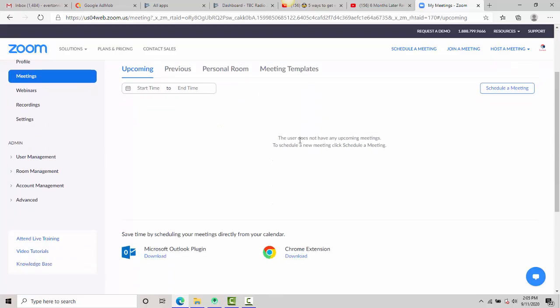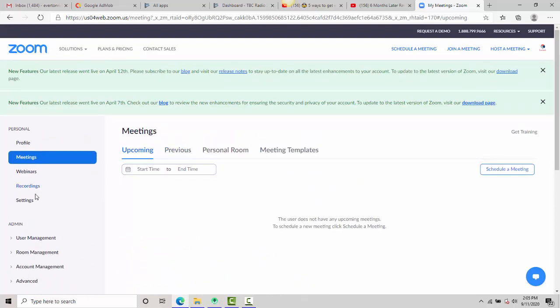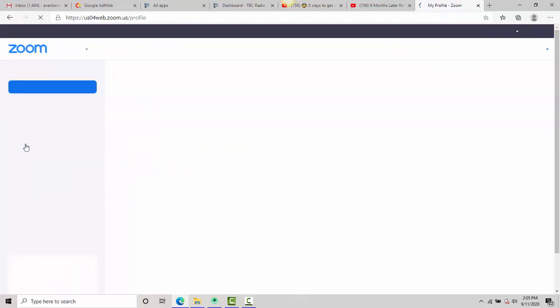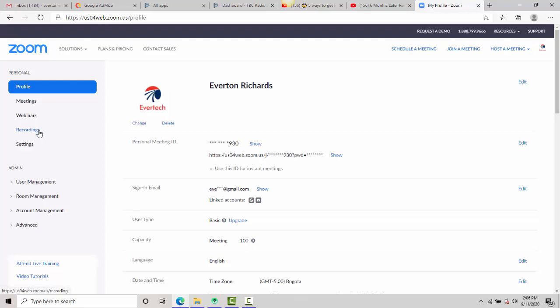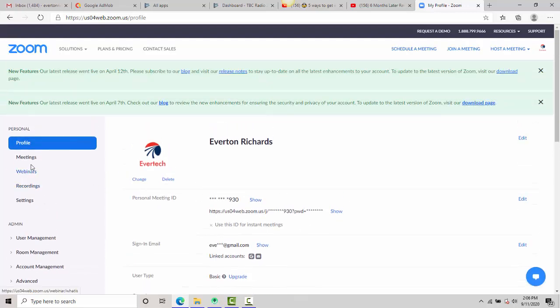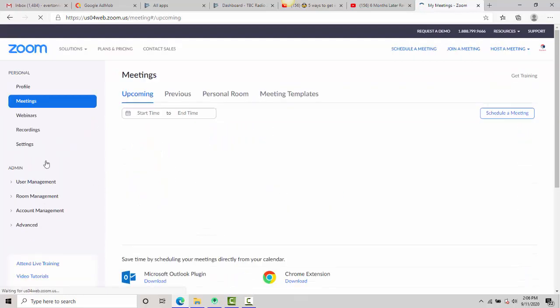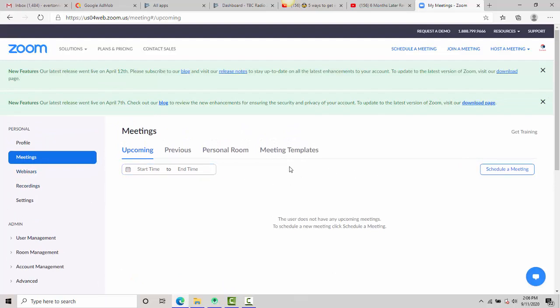So this is how the Zoom dashboard looks. If you look under my profile, you'll see all information about yourself, and if you go to meetings, then you can